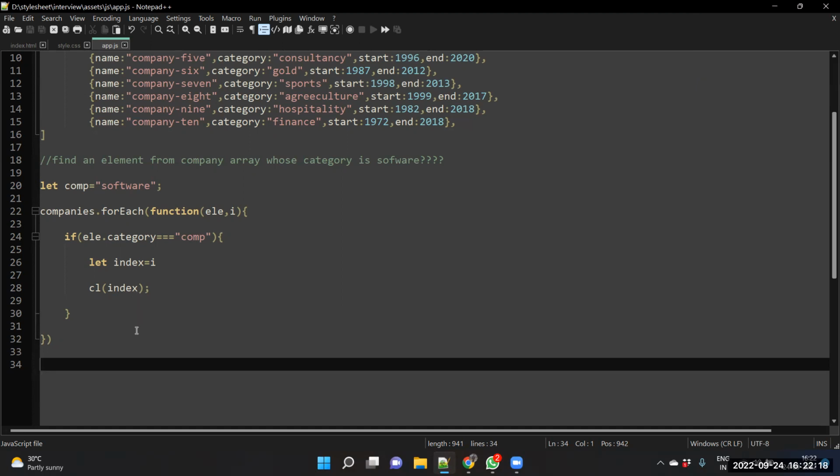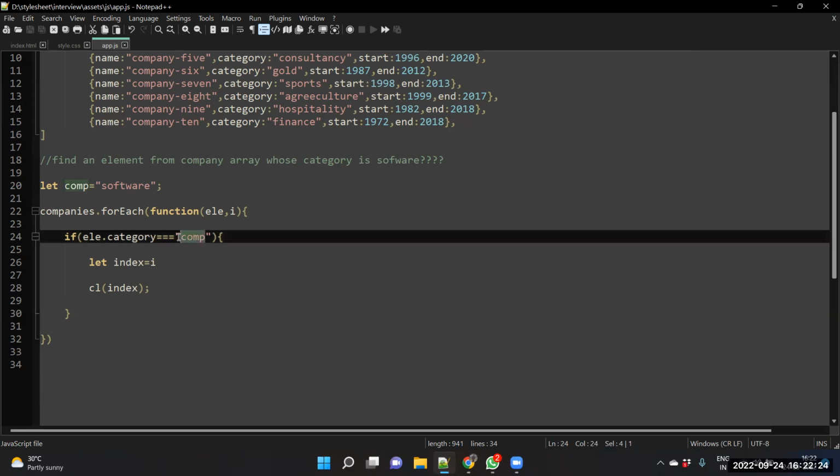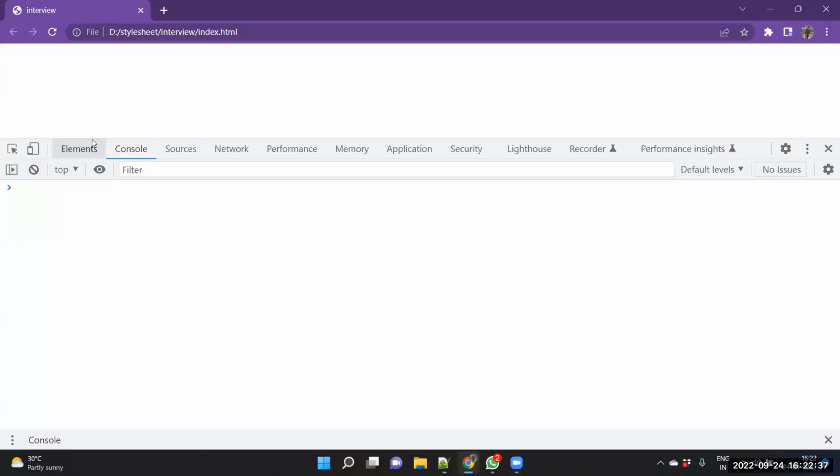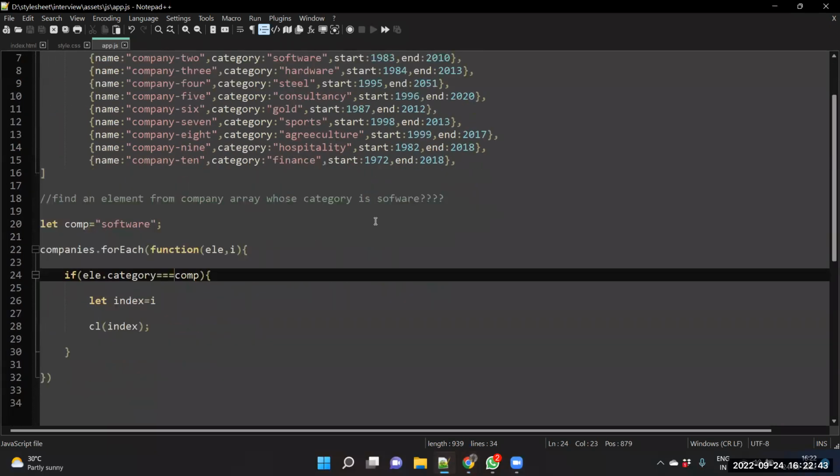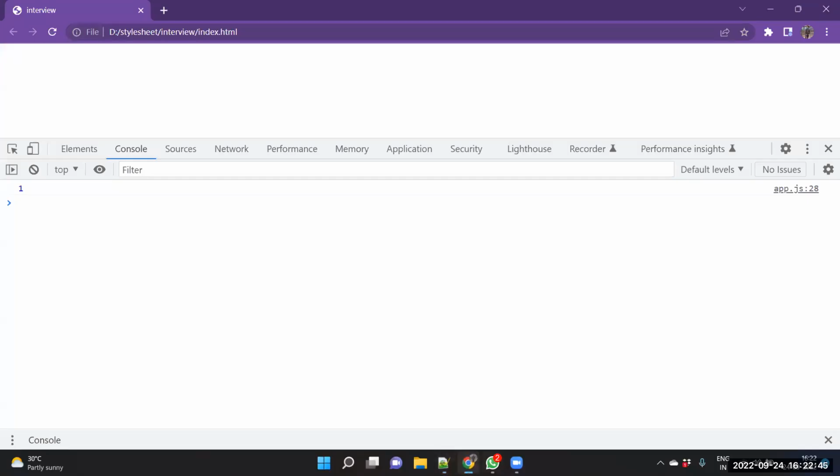There is no category comp. You have taken it in a string, that is a variable. Okay. So now what you have to do is